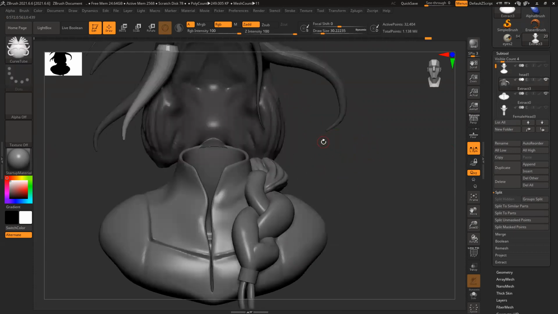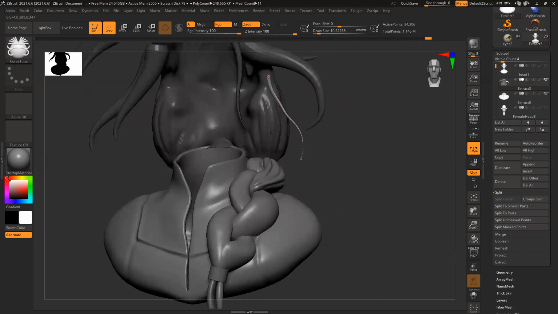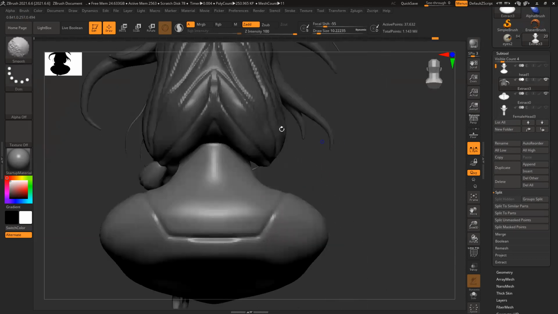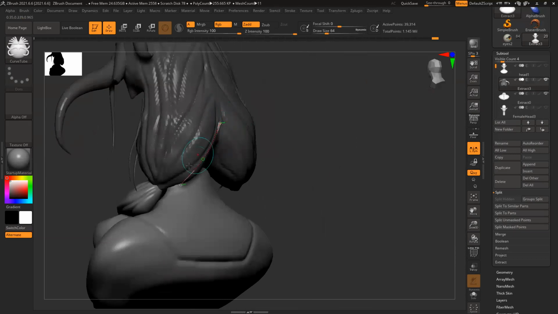It's too thick. I can drag also. Once created, if you drag slightly, it will snap to that surface.